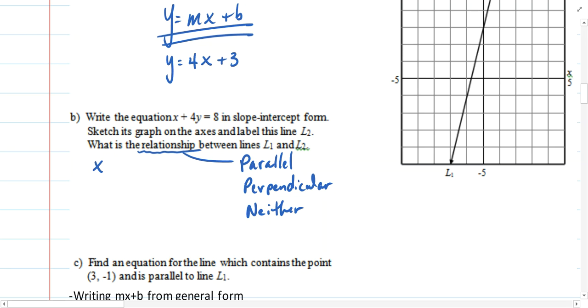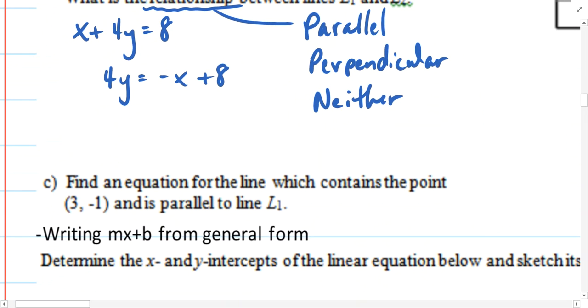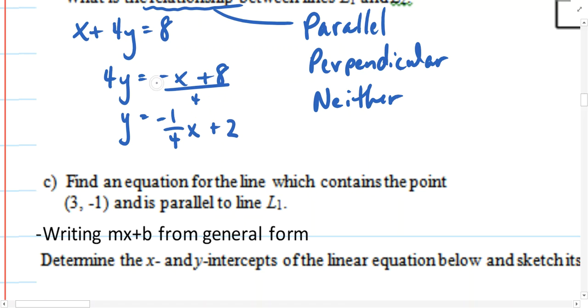As far as the equation goes, if we start with x plus 4y equals 8, I think I would move the x value to the right-hand side. So we have 4y equals negative x plus 8. I'll write it in that order since it's most closely related to the slope-intercept form. And then I'll divide both sides by 4. Now keep in mind that everything gets divided by 4, not just the slope and not just the intercept. So as far as our final equation goes, I like negative 1/4 x plus 2. This negative 1 was divided by 4, and this 8 was divided by 4,